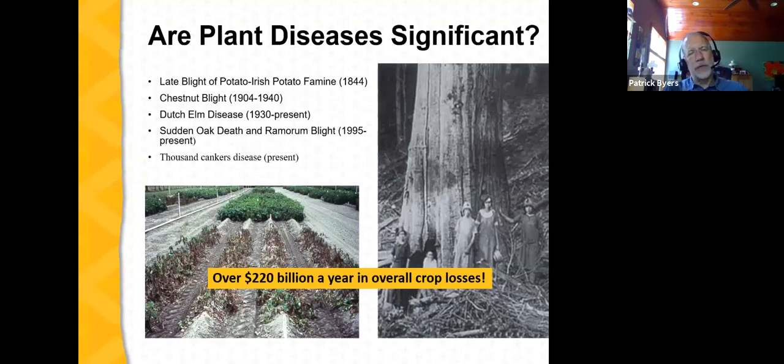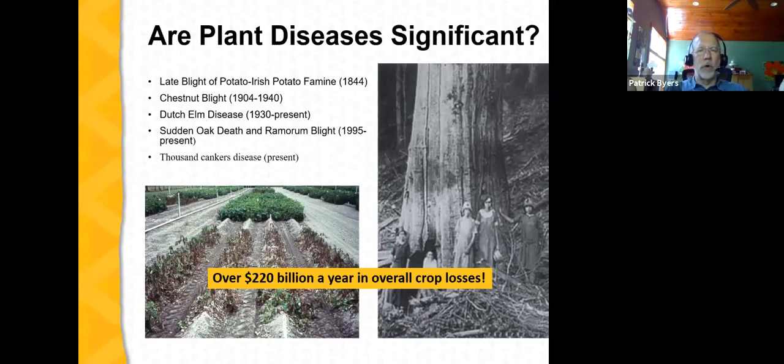Dutch elm disease, another disease. I can remember as a child when Dutch elm disease arrived in Iowa, where I grew up, and basically destroyed the shade trees across Des Moines, Iowa, which was a dominant shade tree, not only in Des Moines, but across the country. And the loss of all of these trees over a 30 to 40 year period was significant. Obviously, it was devastating from the standpoint of the cost to cities and towns, but also had an impact on the quality of life for millions of Americans.